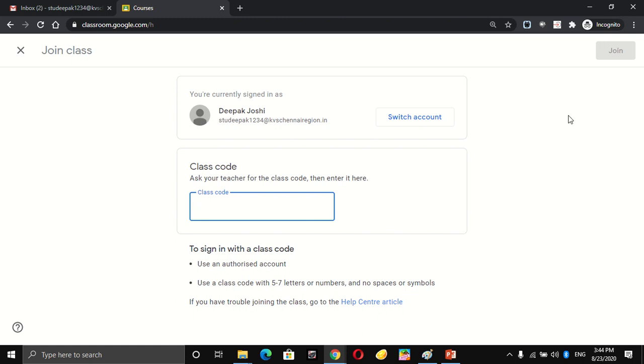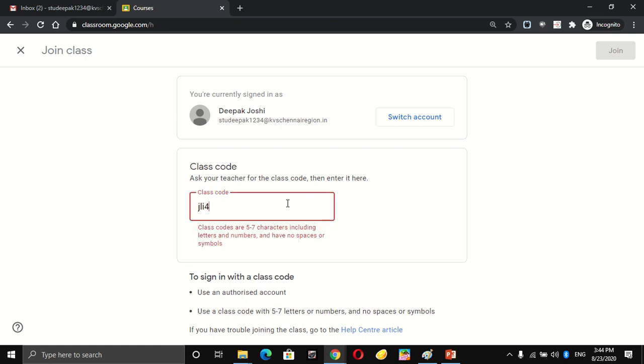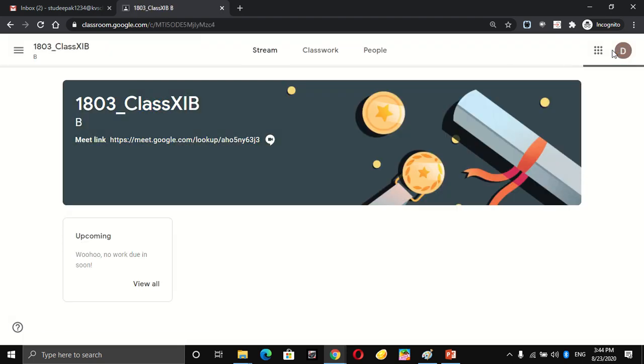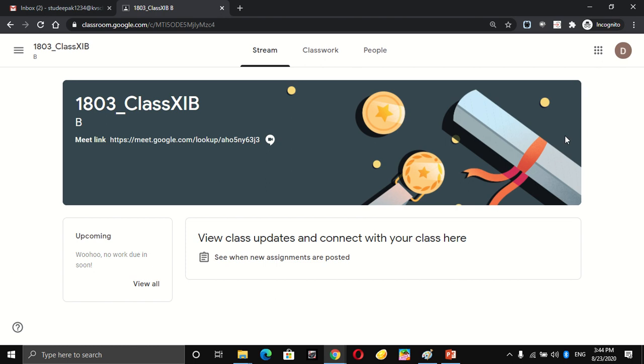I am not typing that code now, but now I am typing this code, JLI. After that I will click on join. So now you can see the name of the class is appearing.